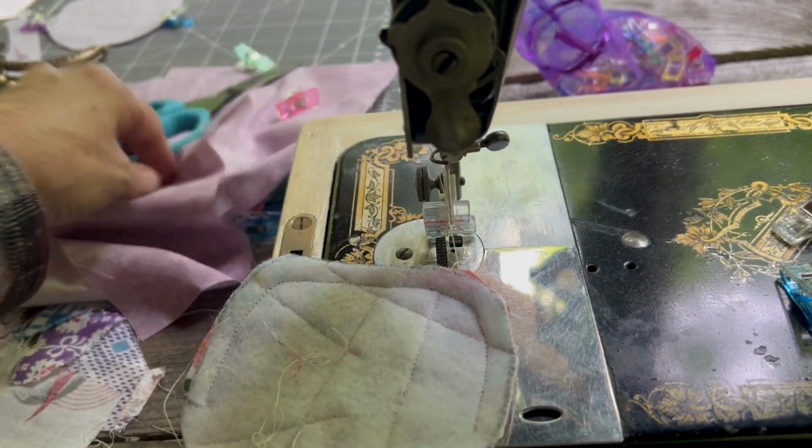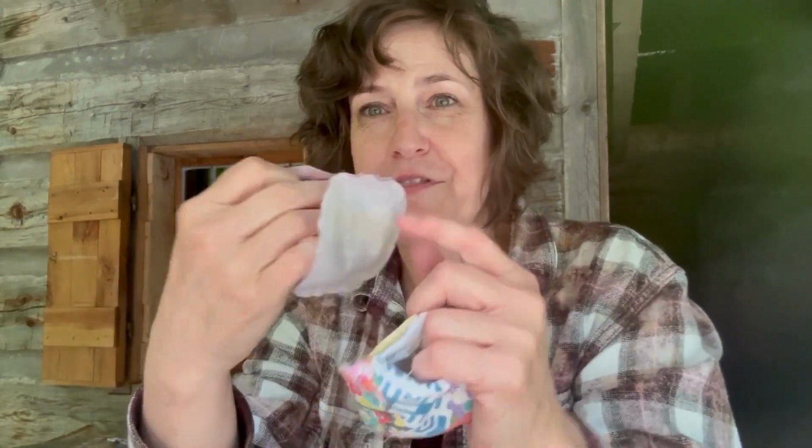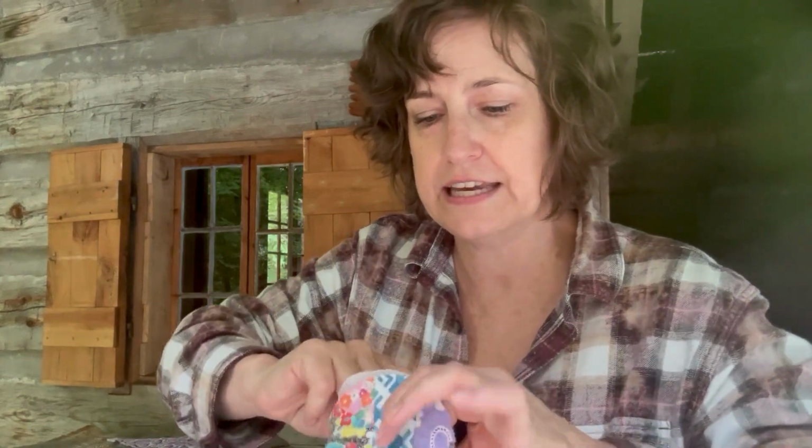So I've done this. Okay, so here is our outside, and this is our lining. With the right side on the inside, we're just gonna tuck it inside like this. Yeah, this is just the right size. Okay, so there's the inside and there's the outside. And you just want to tuck it in with your fingers and get it so it's nice and